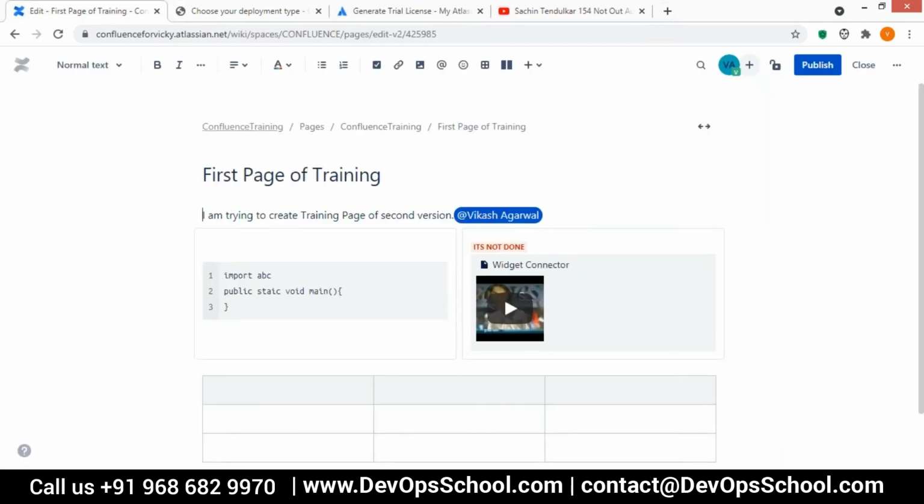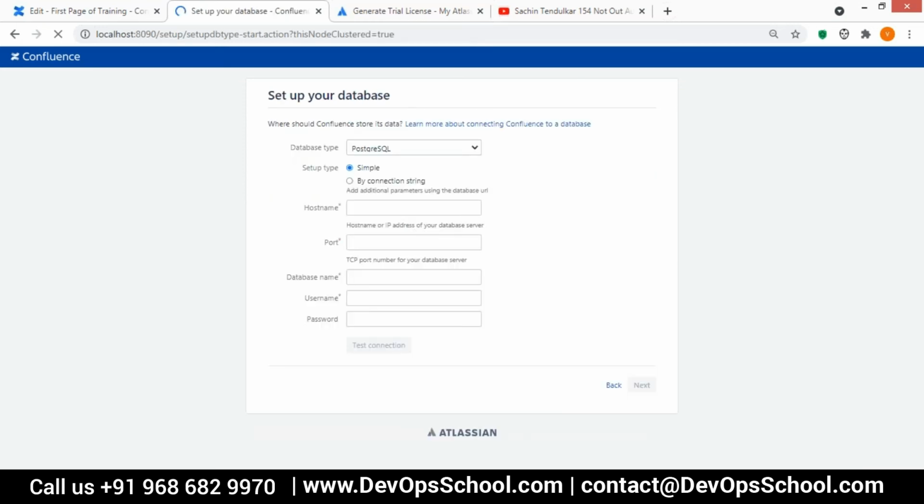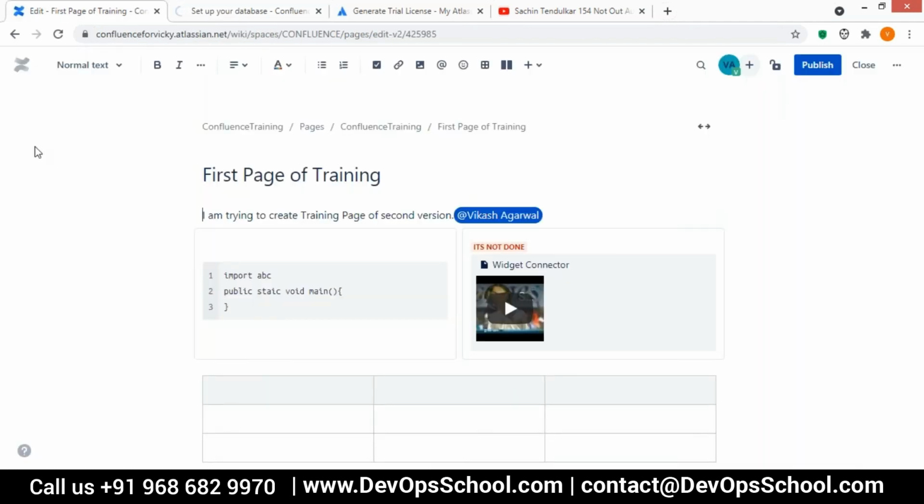Okay, so this is mostly about pages. Let's go back a bit and check our installation. It is asking standalone or clustered. Let's click on next. Database setup we have done, so we just have to mention the details. These are the default port number and database. We have created Confluence, and the user will be root. These are the database details we have to mention. Let's test the connection to see if it is working. Okay, this is successful. Let's let it go because it will take some time.